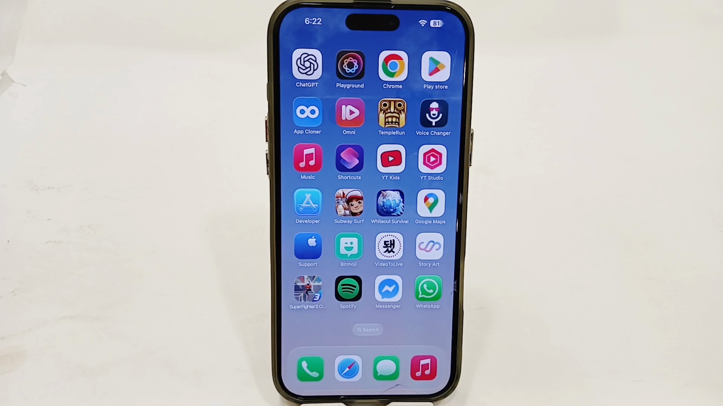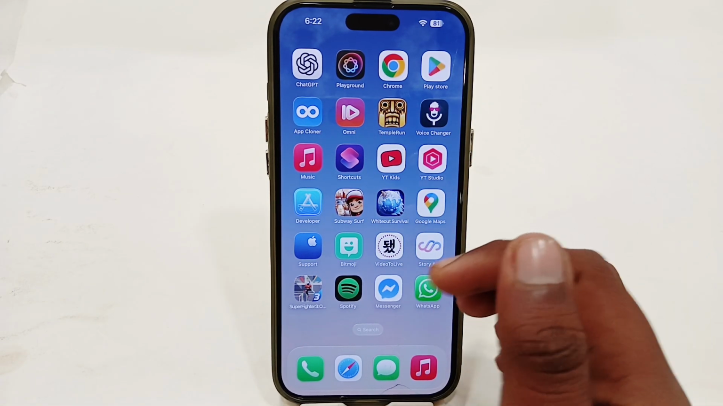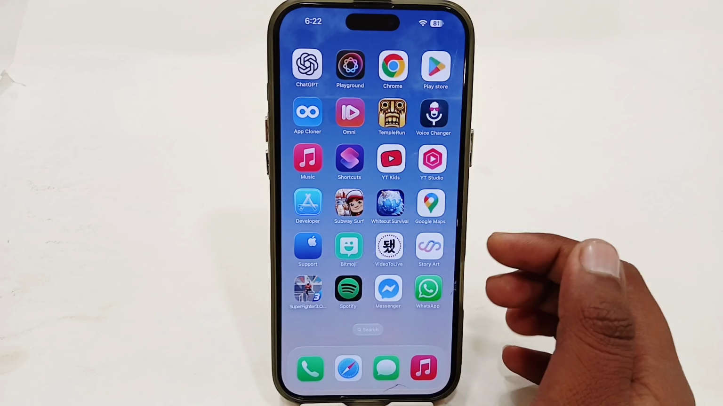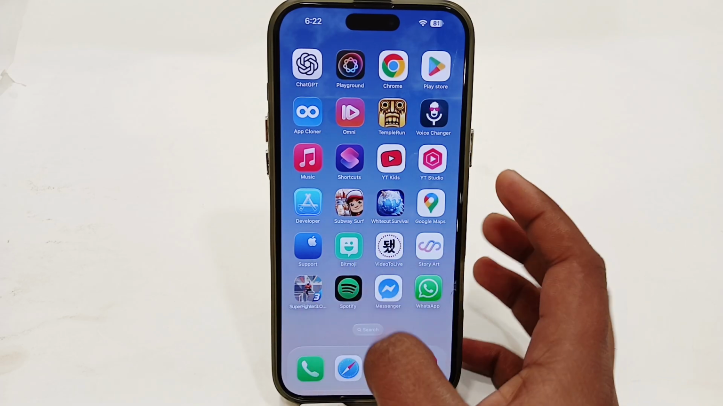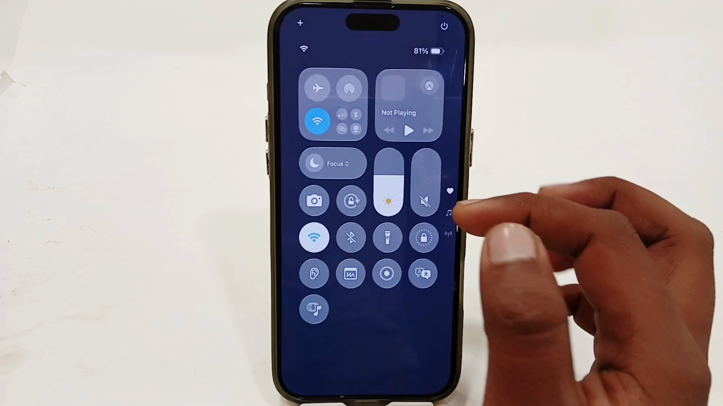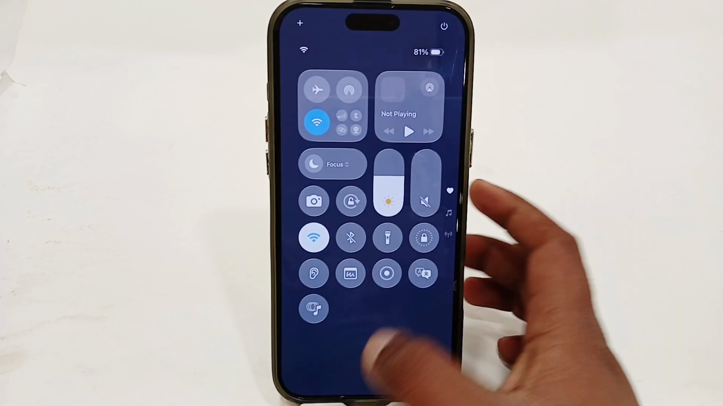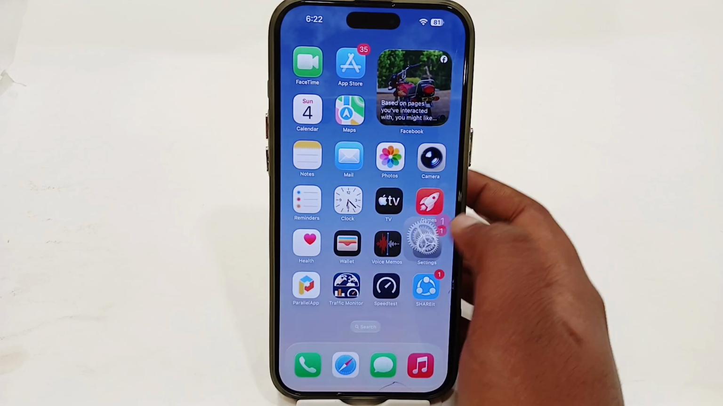So the very first thing, you just have to check for some settings because it's nothing else. It's just your network issue or it might be your software glitch. So to fix that, you have simple ways. The very first way, you just have to make sure that you have a stable and strong network connection. Then go ahead to your Settings app,